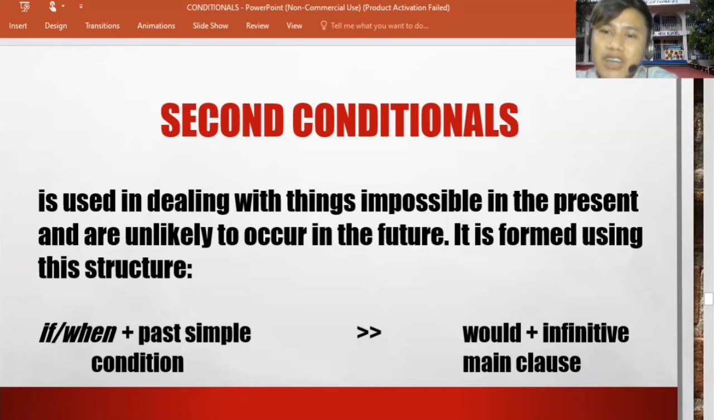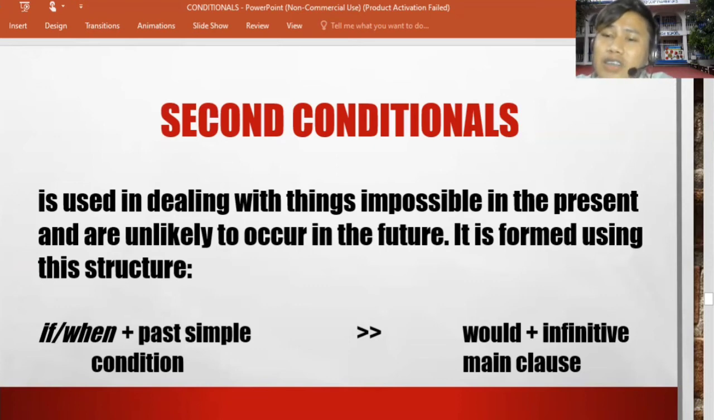And now let's move on to the third type, which is the second conditional. So in second conditional, we use it in dealing with things impossible in the present and unlikely to occur in the future. Let us go back again to the definition. Things impossible in the present. So we have to note that in our sentence,